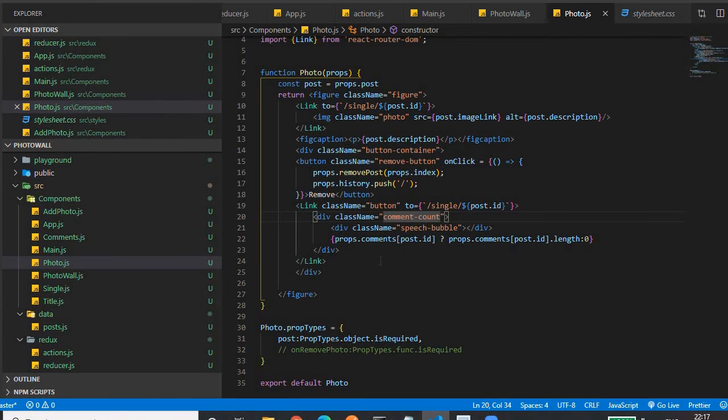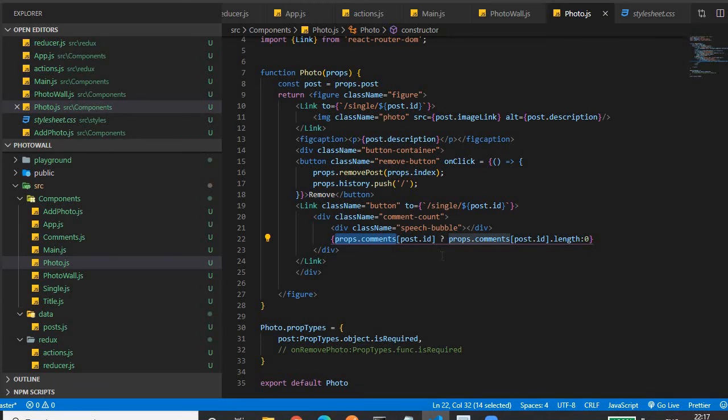In this, what we are displaying is props.comment. props.comment will retrieve the comment state from the store. Comment is an object in the store, in which the property is the ID of the image for which we have entered the comment, and the value is an array of comments for that ID.